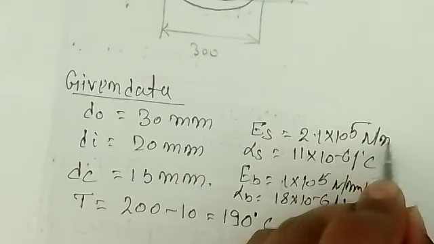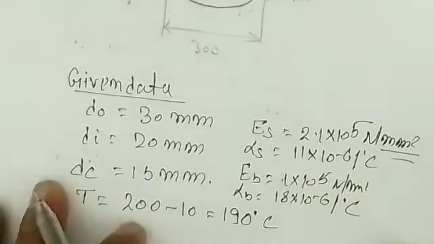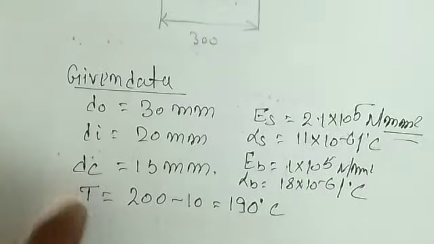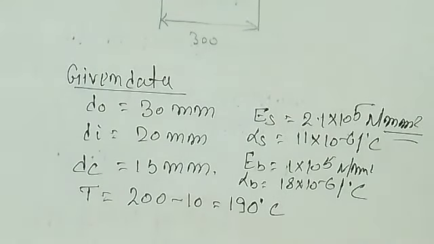I'll tell you that if you look at the values for linear expansion coefficient, brass is having 18 into 10 to the power minus 6 and steel is having 11 into 10 to the power minus 6, which means that brass will be expanded more than the steel. So while you put the condition for the thermal stress in composite body, then brass will be subjected to the compressive load and the steel will be subjected to the tensile load. Means steel is expanded less than the brass. Okay, so now here first of all